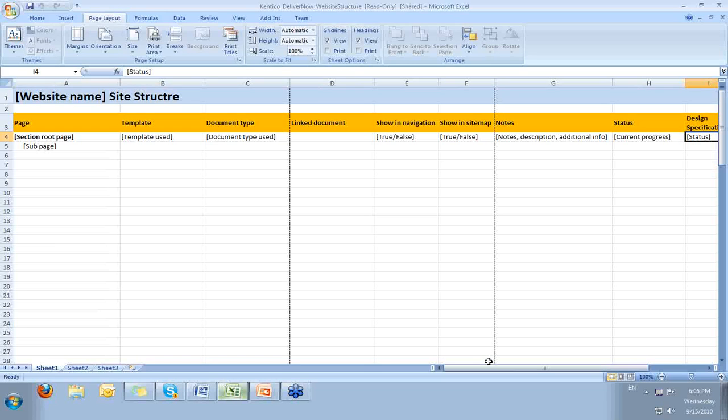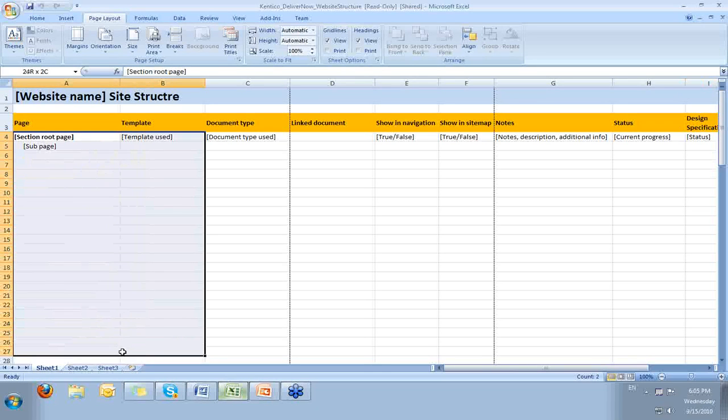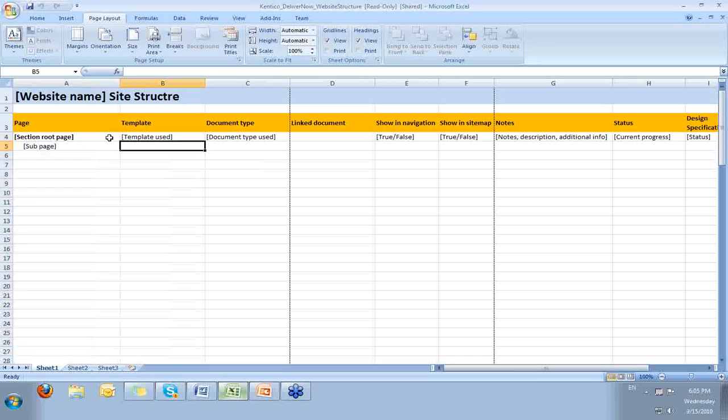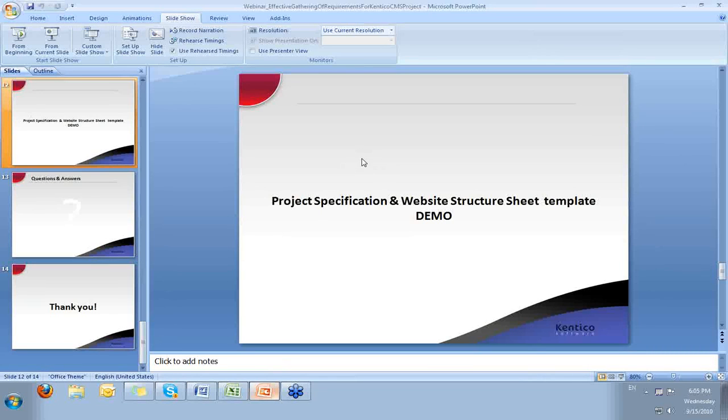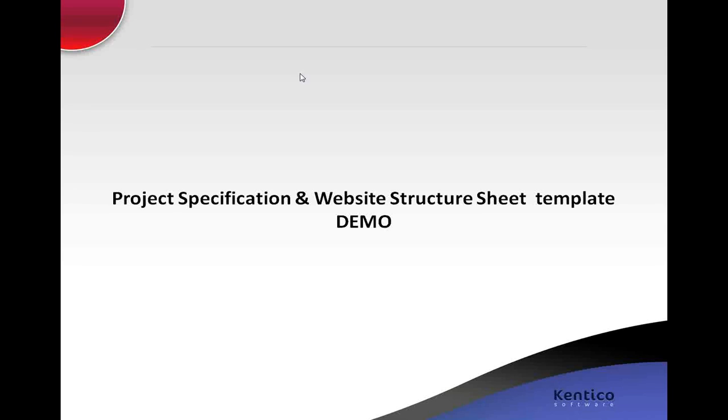So I feel that this one could be a big help for you and your developers when working on the content tree population. Okay, so this was the simple demo,